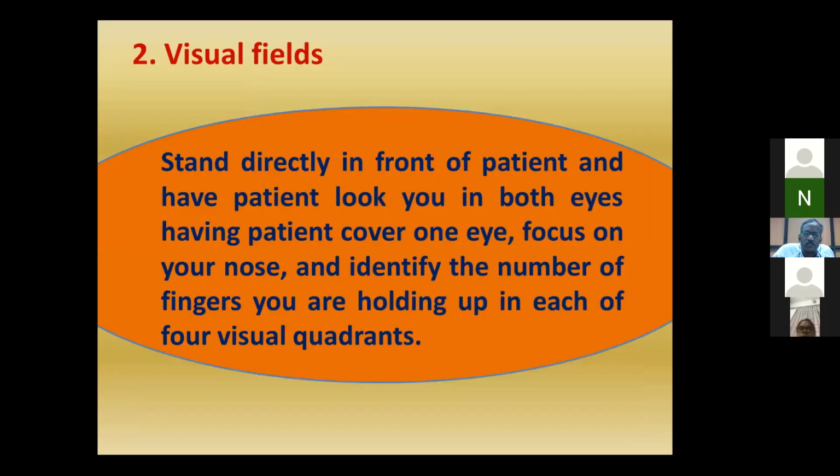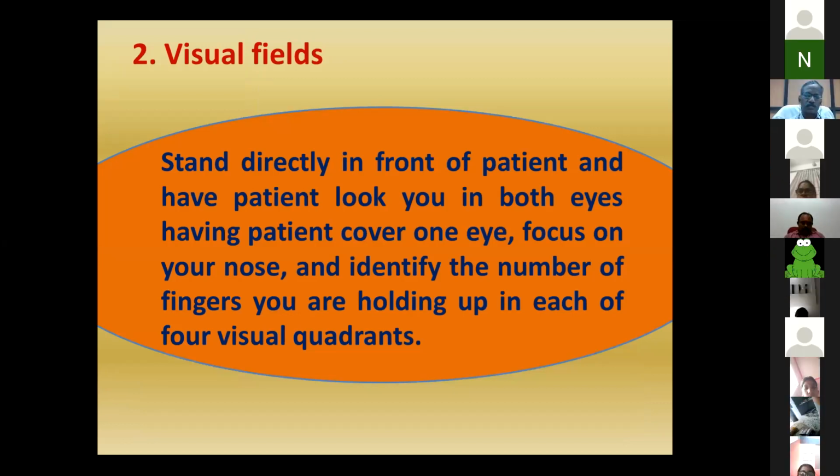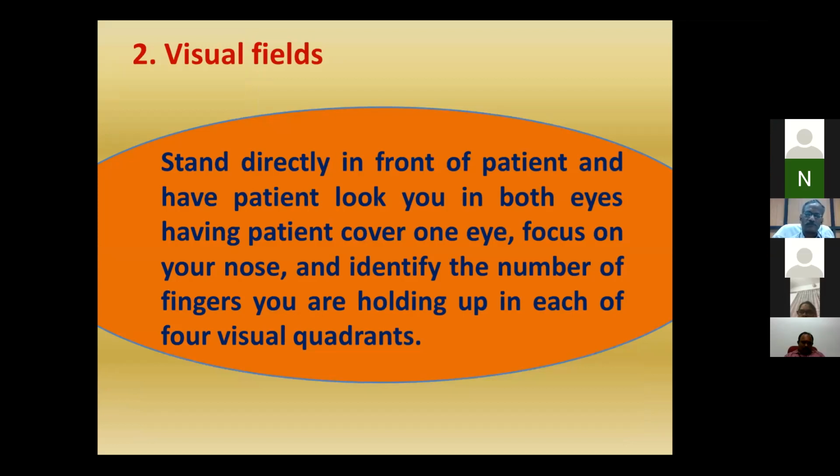Next, field of vision. Field of vision is nothing but the field, the area of the eye, what it is seeing, known as your field. The right eye will have a separate field of vision, and the left eye will have a separate field of vision. That field of vision is the particular area seen when the right eye is seeing. Field of vision will be normal in normal individuals. Any problem in the chambers inside the eye will cause abnormality.